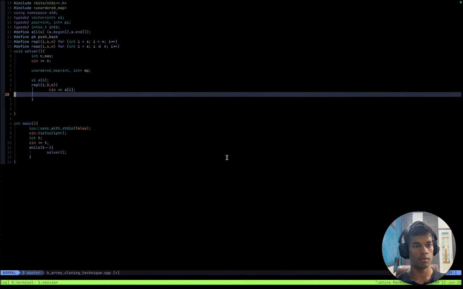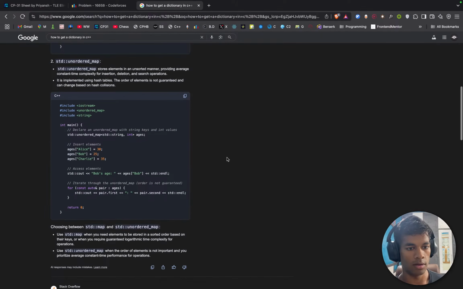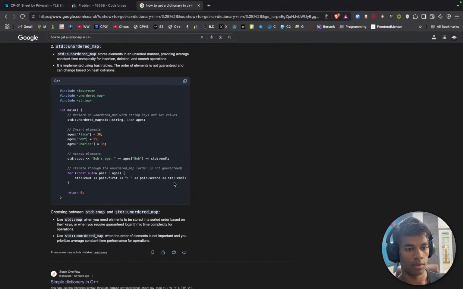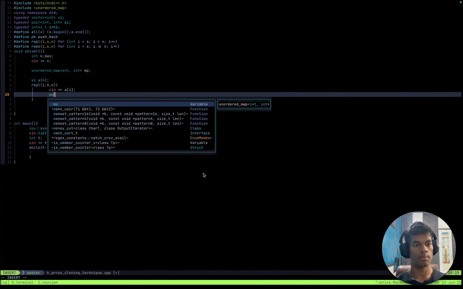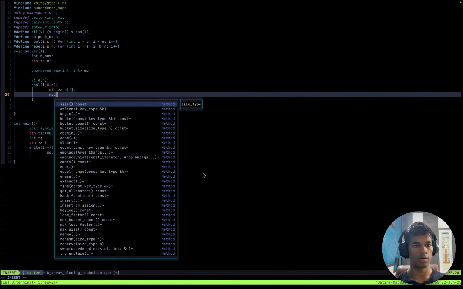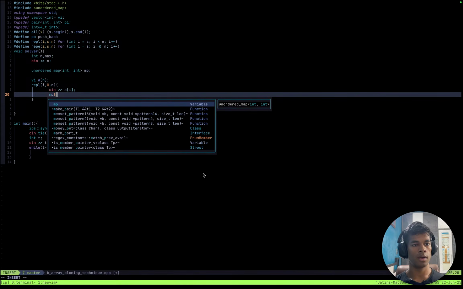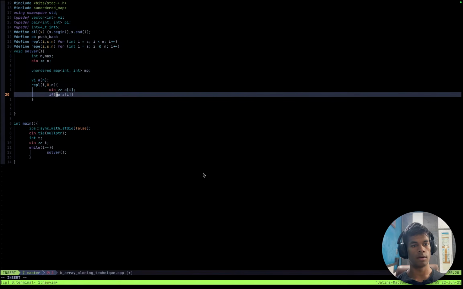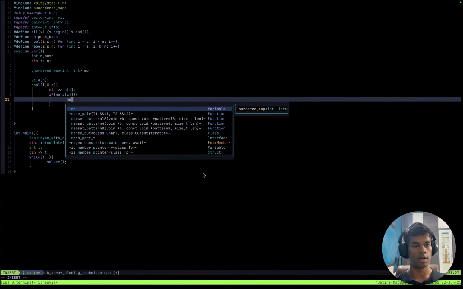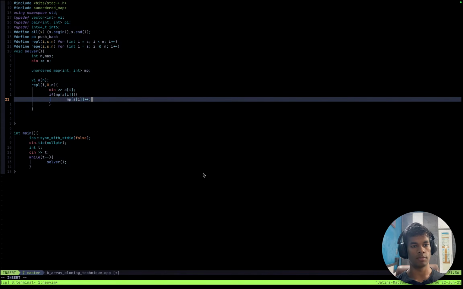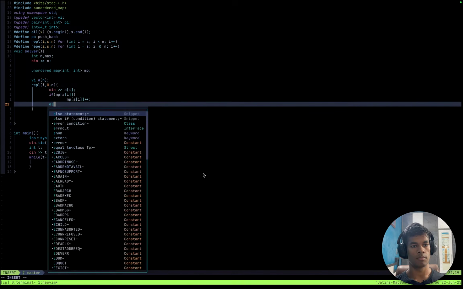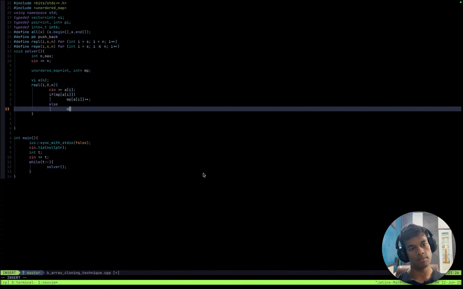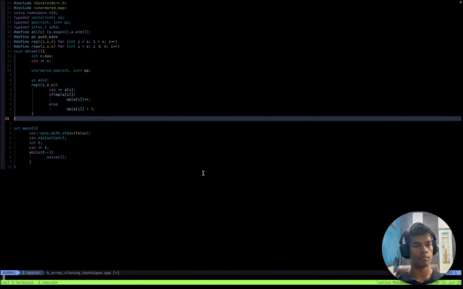So how do I find if I see a[i] in there, inserting the element as I iterate through? mp dot has... mp dot... if mp has a[i], then mp[a[i]]++, else mp[a[i]] = 1. Yep, and then